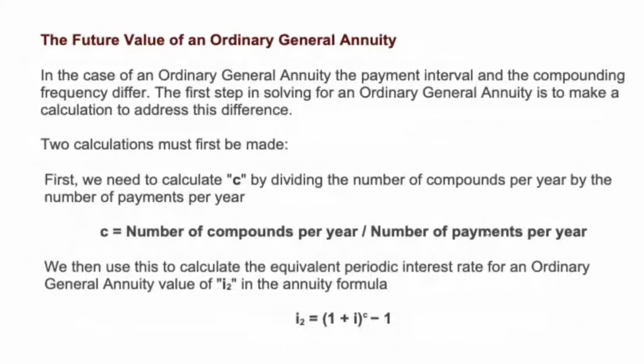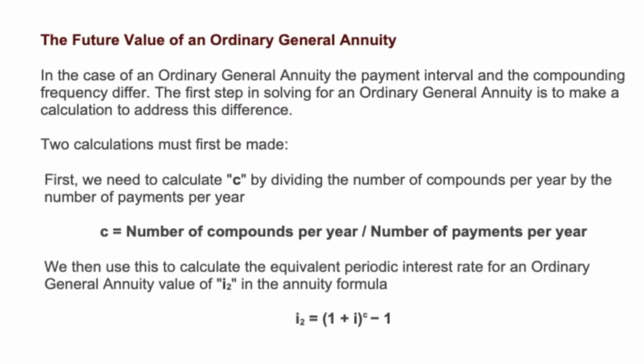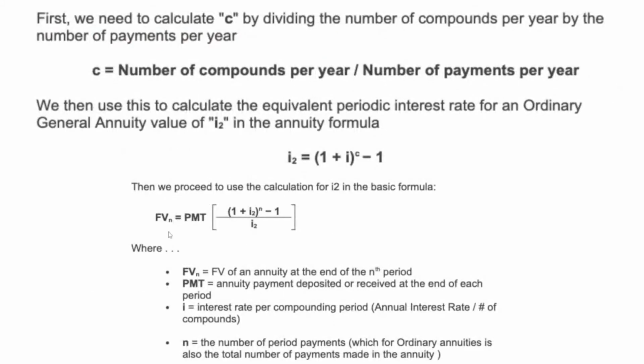So that's the present value calculation. The future value calculation, you do the exact same thing. You have to calculate the value of C, and then plug C in to get the value of I2, and then just plug it into the future value formula that we used last week. Same formula, but we're replacing I with I2. Okay? So the hardest part of these is recognizing: do I have a general annuity here, or is it a